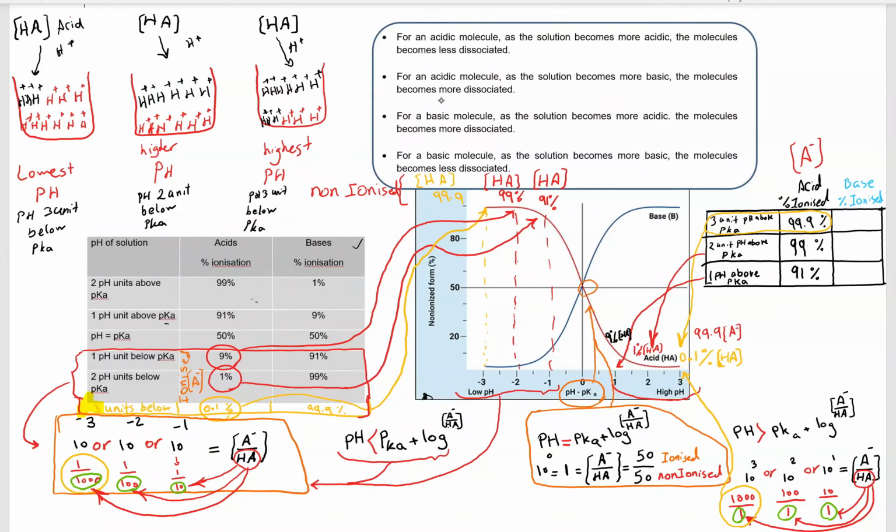pH is 3 units below pKa, is this one. What is the meaning of that? It means that if you put your acid into a really low pH solution, and this solution already has a lot of hydrogen ions, so you can see we have a lot of hydrogen ions. So your acid is not going to dissociate a lot, so you can see only 3 of them,